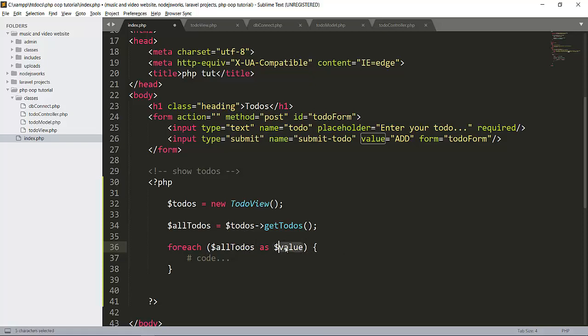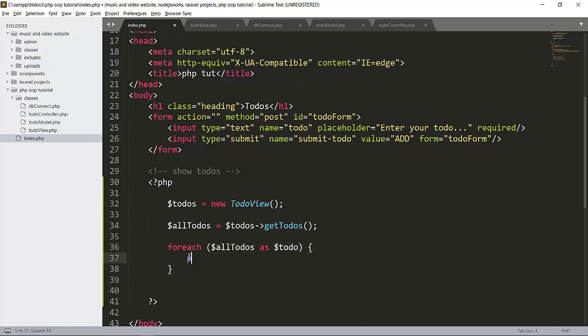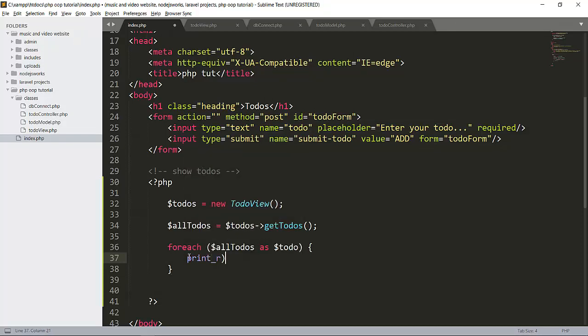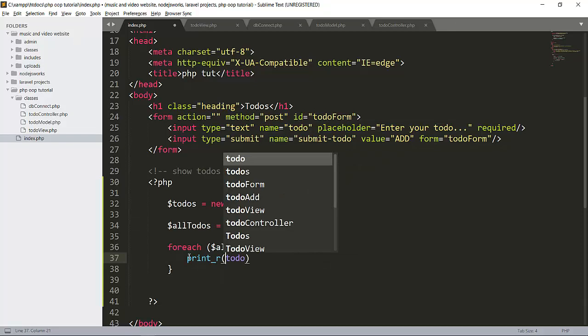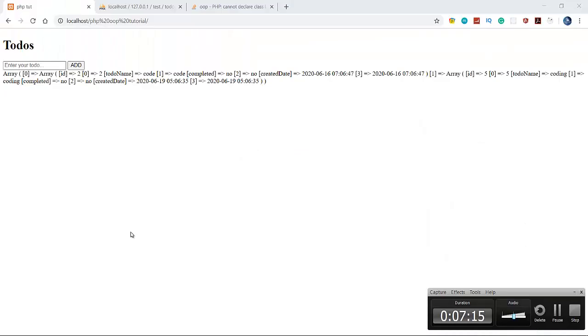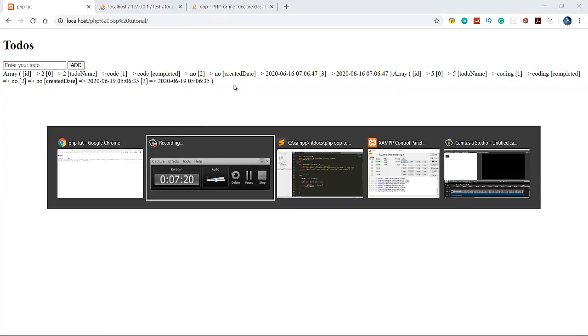Instead of $value we will write $todo here. Let's print this $todo here. Whenever we reload this, see that we are getting two arrays. This first array is separate and this second array is separate here.